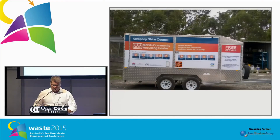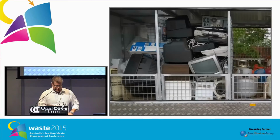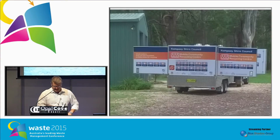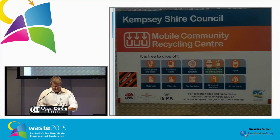The next are just a lot of photos of it in operation. It's been going for 3 months now. Fairly relatively short period of time. In that time, we've picked up 26 tonnes of this material. It's over 2,500 paint tins, 32 smoke detectors, about 130 kilos of polystyrene, 2,700 household batteries, 230 car batteries, fluoro globes, nearly 1,000 fluoro tubes, 2,000 litres of oil, 170 odd gas bottles,